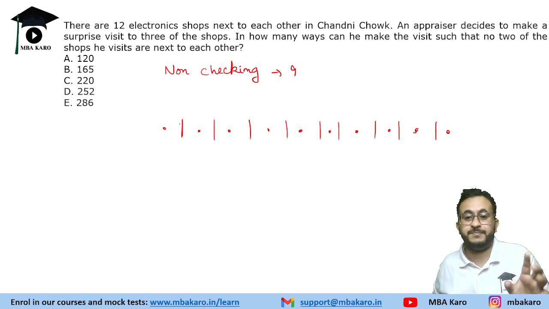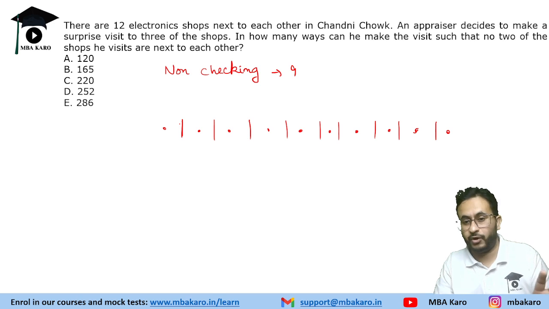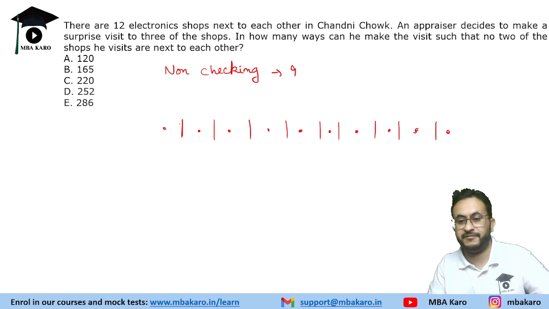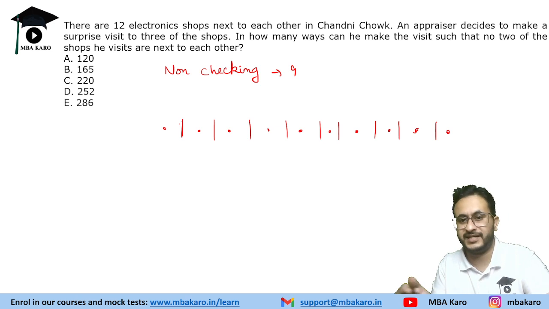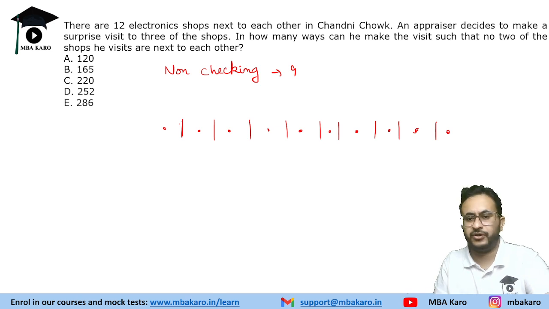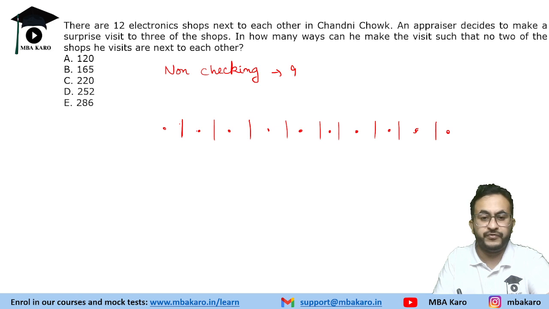In the previous case, people were standing, so they have some order. Okay, there we were given different men and women. Here there are just shops. It is not that he has to visit this shop first, then the second shop, then the third shop. So order is not important. So we have to pick 3